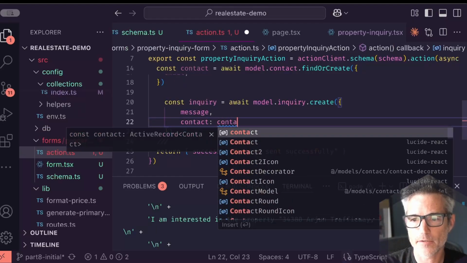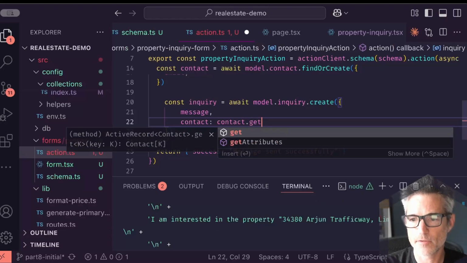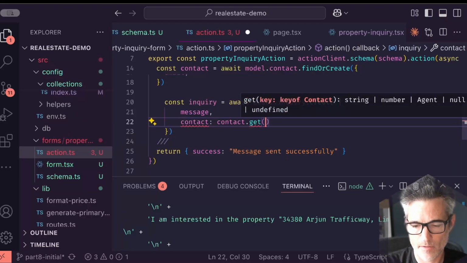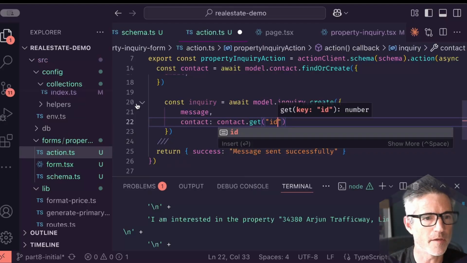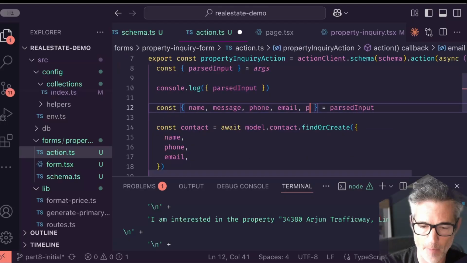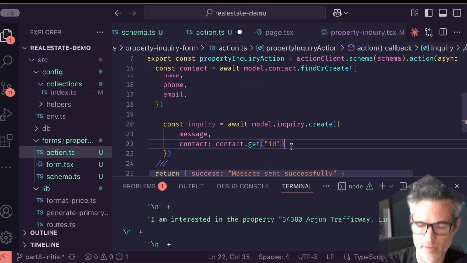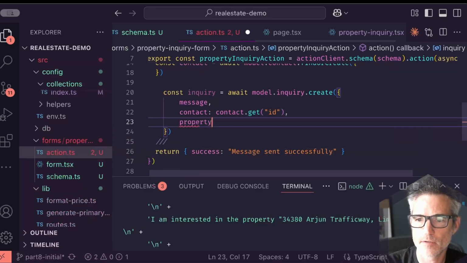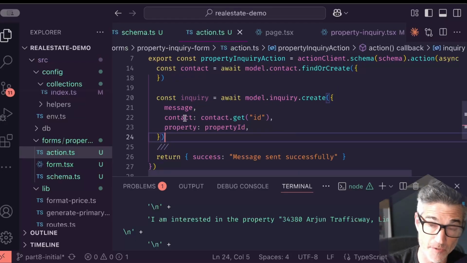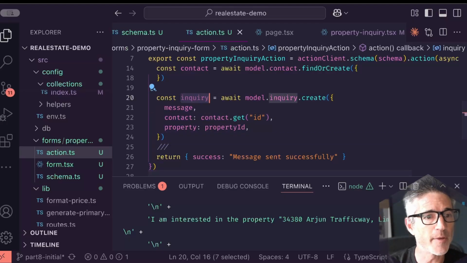Would be contact.get ID, and likewise we have the property. We need, and so now we can say property ID, and so these are just fields that we added to the inquiry collection, and we're just passing the IDs over to those. So now that we have the inquiry,